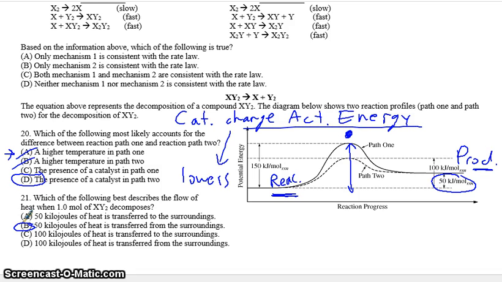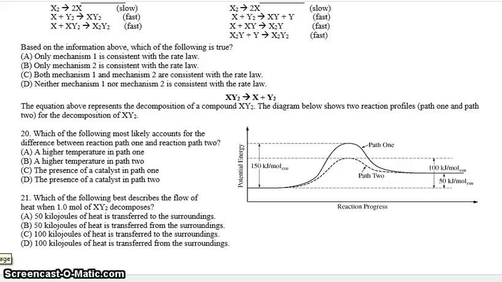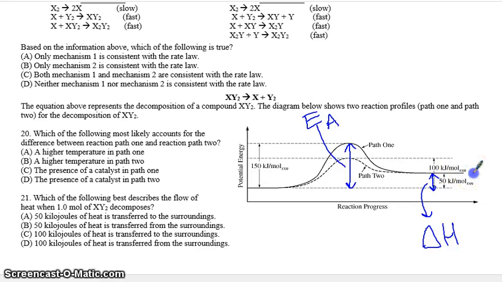And again, the reason for this is a reaction coordinate diagram shows you two energy changes. It shows you the activation energy change, and then it shows you the overall energy change. The first one is called the energy of activation, usually E sub A. The second one is your delta H. And delta H here is positive because you end up at a higher energy than you began with. So if you do a higher number minus a lower number, that's how you get a positive delta H. Now a negative delta H incidentally would look like this. So here, this still is your activation energy, and then your delta H would be this change between here and